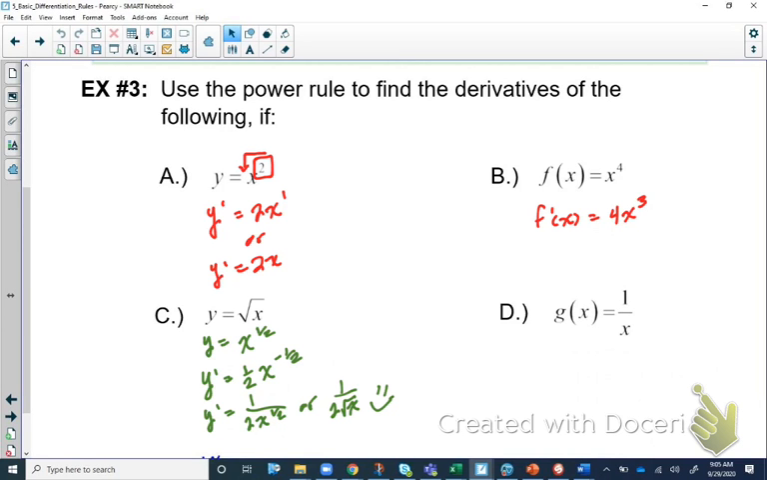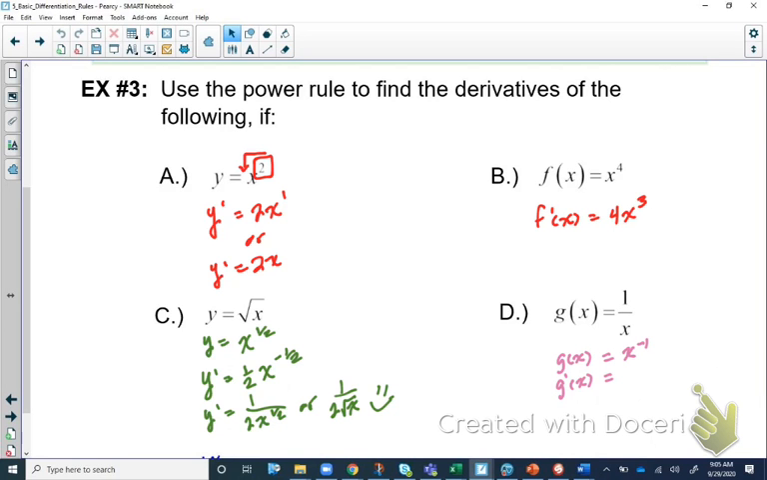And we would treat example D similarly. Okay, so here I can take the function g of x, and using my properties of exponents, I can move the x to the numerator with a negative exponent. And now we can apply the power rule. So here I'm going to say g prime of x,